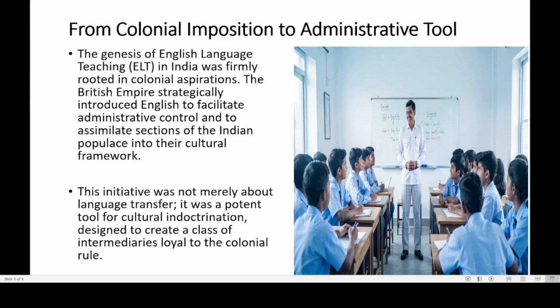And these people started working in offices, courts, schools, colleges. So at this stage, English was mainly an administrative language, and this language helped the Britishers control and manage India as a colony. But unknowingly, they were also opening the doors to new knowledge, new books, new ideas, and new culture from around the world.